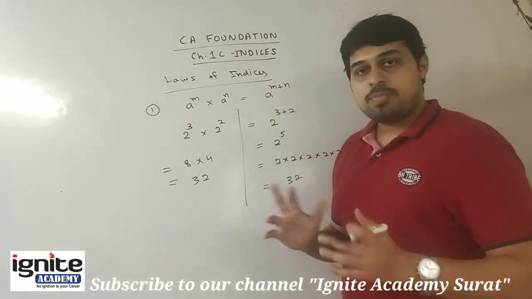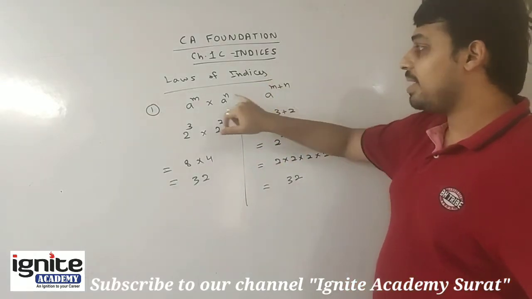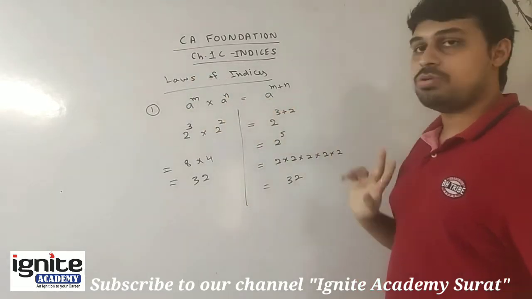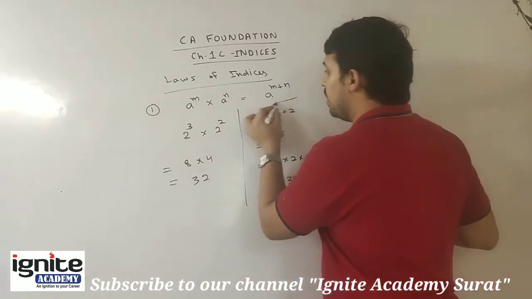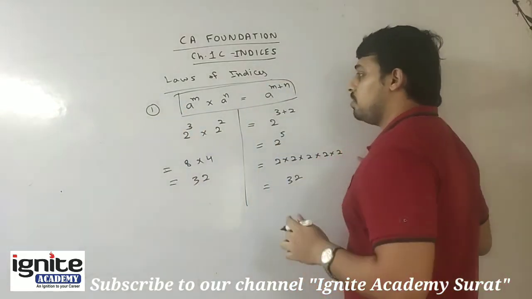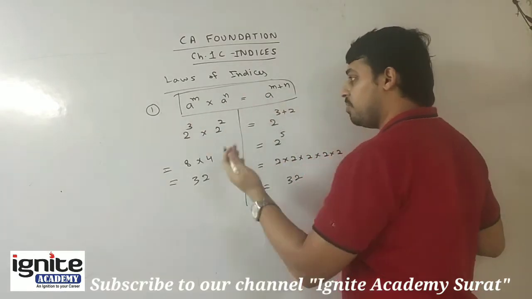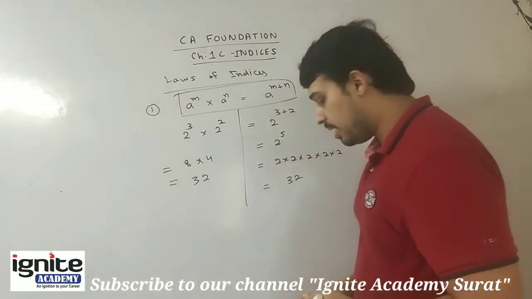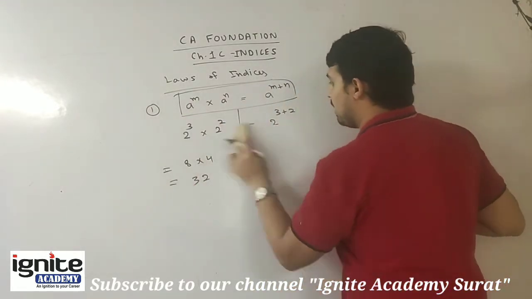You can use the properties in any order. If this is given to you, you can write it that way. If this is available on the left hand side, you can convert it to this. So this is convertible on both sides. It depends on the question how you should use it. If you need to split this term into this, you can go for it. Otherwise you can go from left hand side to right hand side. You have both the options, in short, keep that in mind. So this is your basic example.